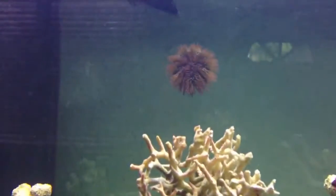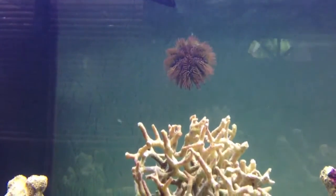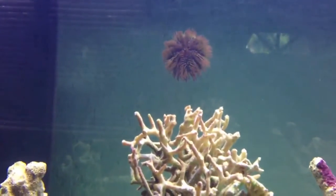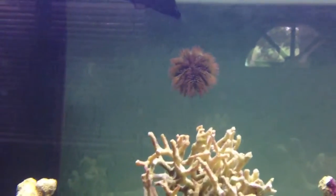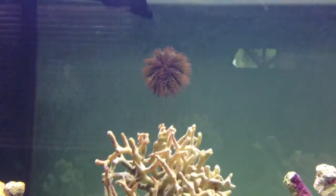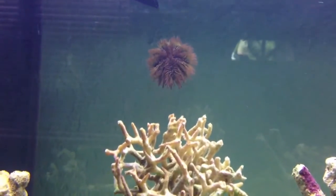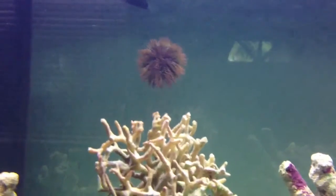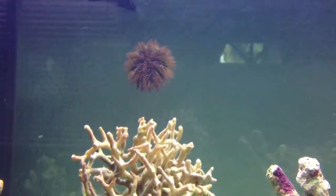And this one back here, a lot of you guys will know. This guy was one of the very first additions to my 24-gallon Nano. So I've had him for years and years, and he's still doing awesome, still just a beast when it comes to any kind of algae. I think urchins are definitely, in my opinion and in my experience, the very best way to eradicate any algae